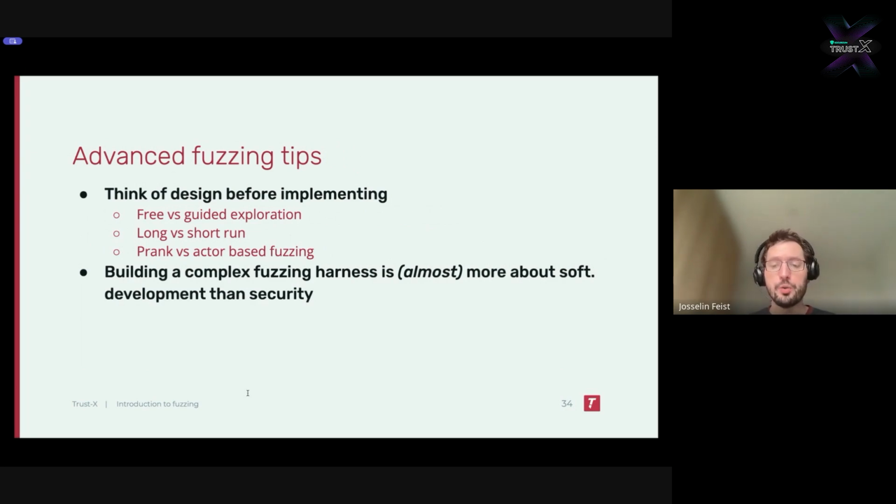maybe you want to have the fuzzer exploring only transfer between 1 million and 10 million, or if you want to do a swap, do you want maybe to have some limit in the amount of swap, or if you have a system with a fee, maybe you want to guide the fee to be within some boundary. This is important because if you think about that before implementing your harness, you might have different architecture, long versus